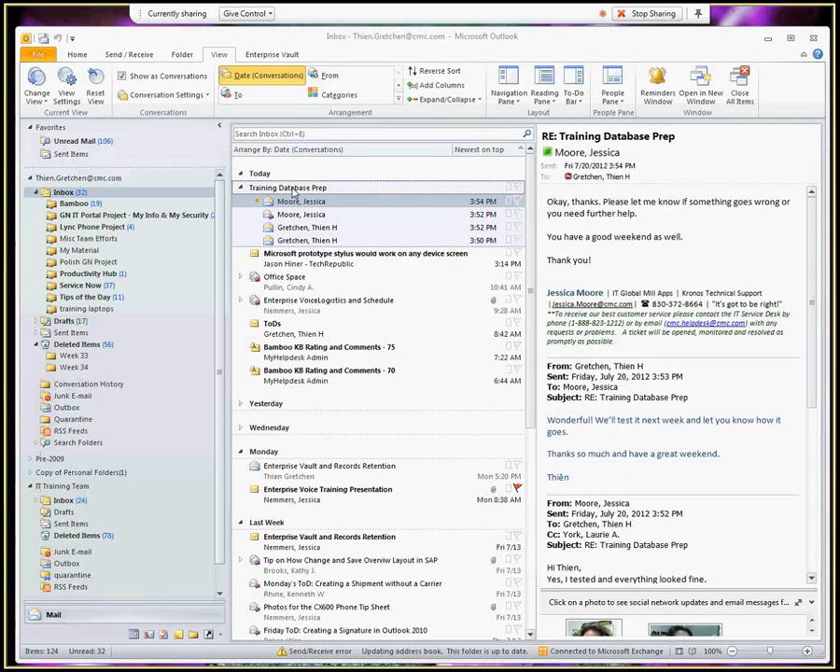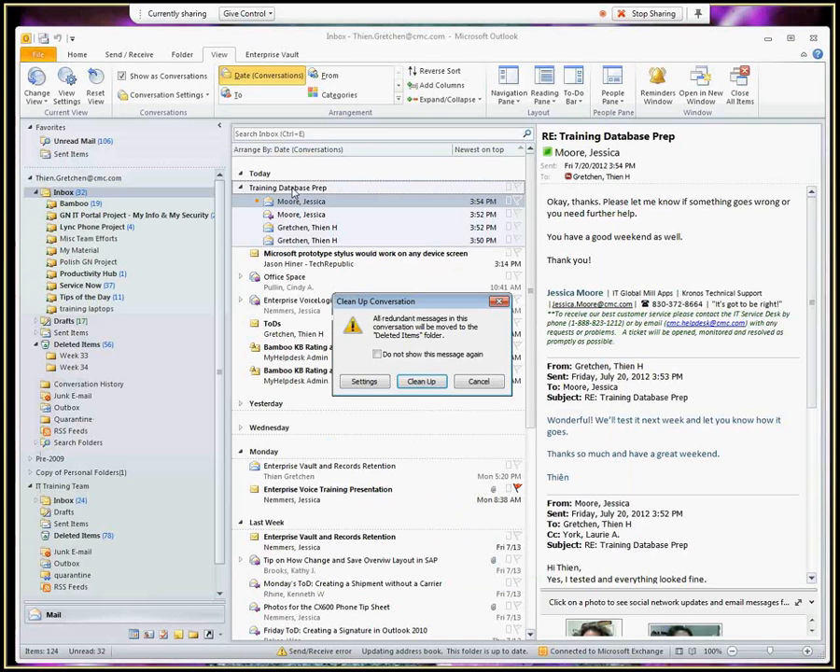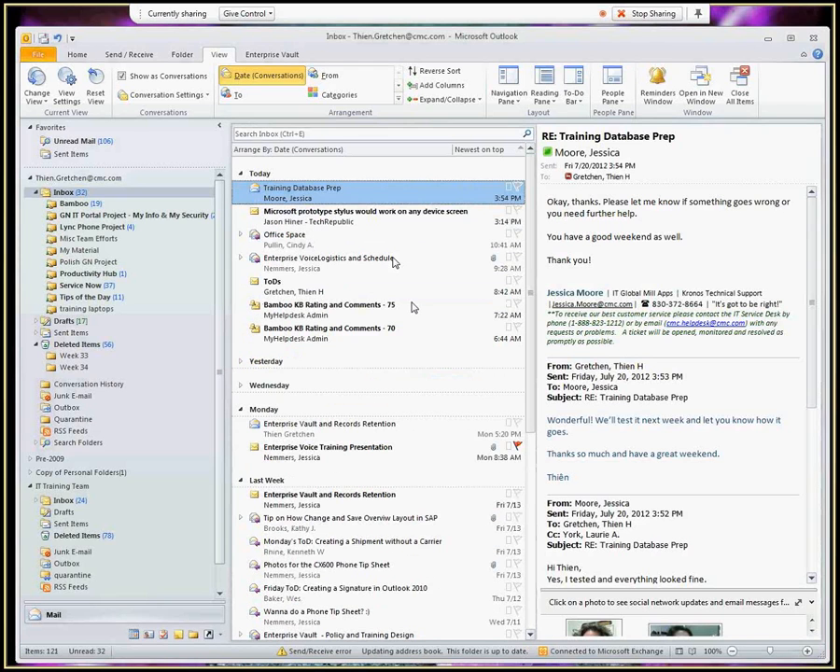So again, to get that pop-up menu to appear, I just right-click on Training Database Prep, the subject line, and at this point I can click Clean Up. And what it will do is, notice it only kept the latest email that was sent, because if I open that email,